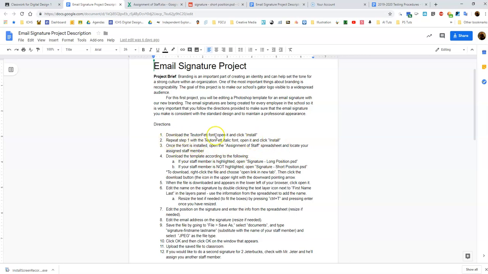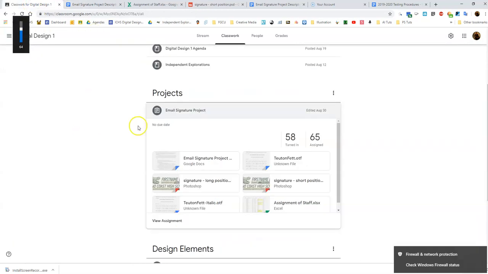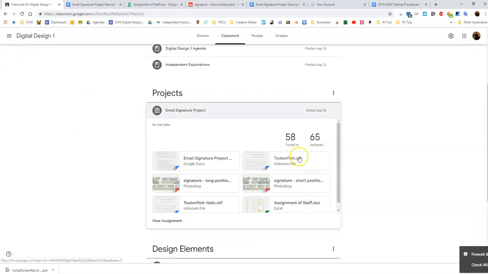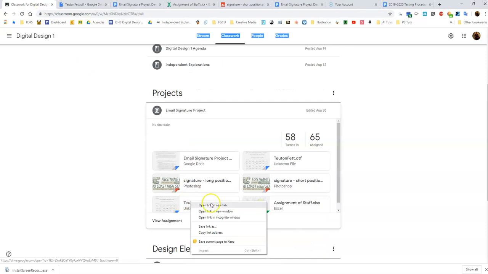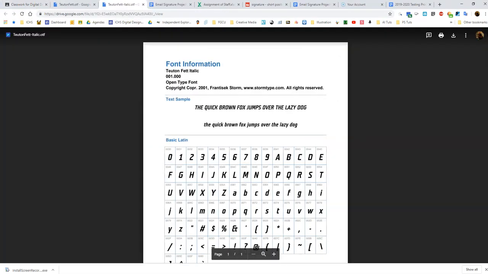The first thing we need to do is download the official fonts that we're using for this. To do that, you go back into Classwork. In the classroom, you'll see Teuton Fett OTF and Teuton Fett Italic OTF. This is one of our official branded fonts for our school. The other one's called Nissan, but we're using Teuton Fett for what we're editing today. So right-click on these files, open link in new tab, and do the same for the other one, Teuton Fett Italic, and have these both lined up here. You need to download both,